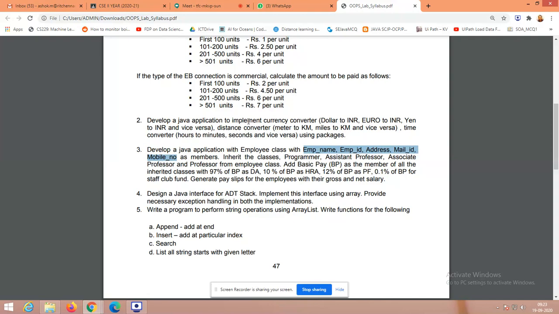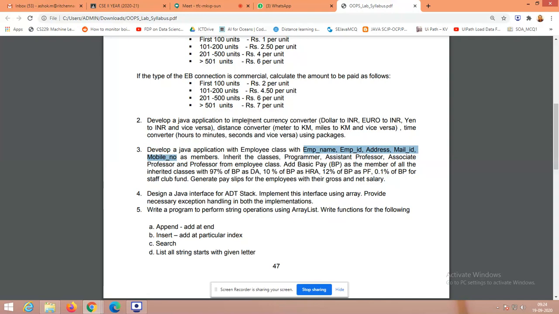So while you are generating the pay slip, try to generate it in a printable format. PrintWriter is available, right? If you give the stream, you could directly print it. Okay, so you can feed the basic salary in the file, right? So likewise, I'll be telling you the maximum bound first. Finally, I'll tell you the minimum bound, right? You can feed the basic salary of the corresponding designations in the file.